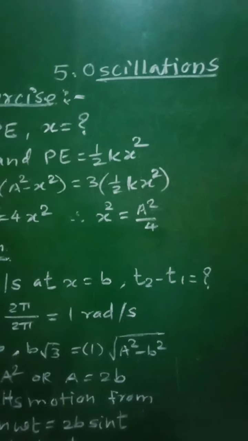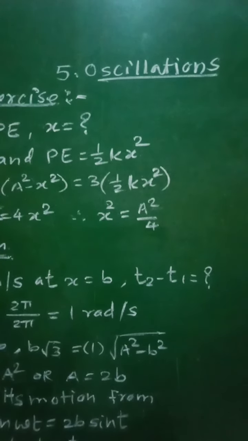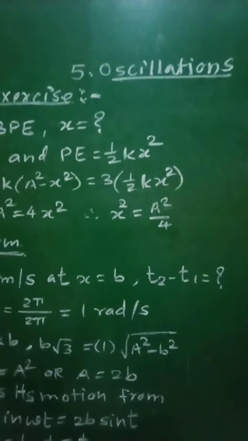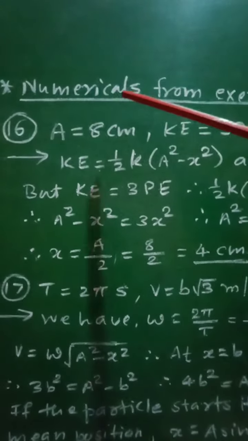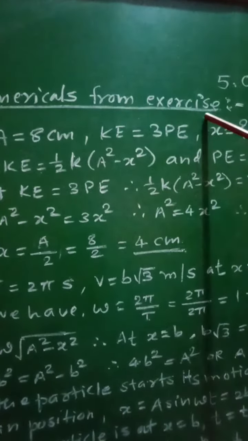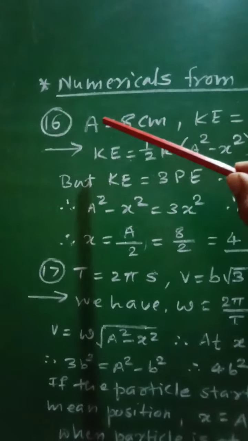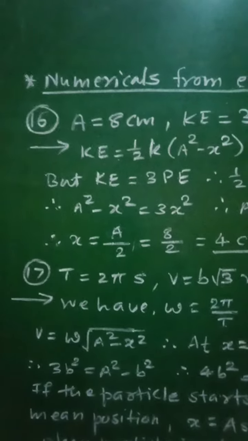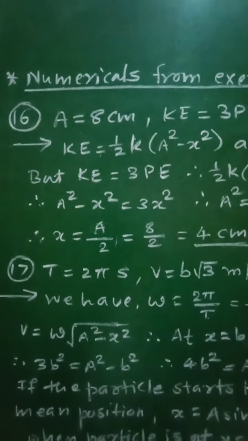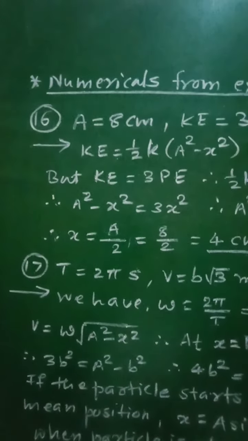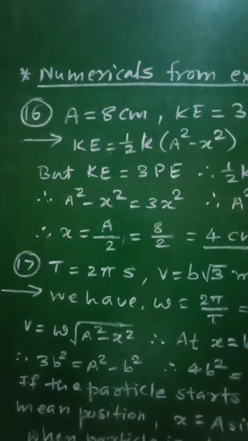Class 12th, subject physics, 5th chapter, oscillations. From the chapter, let us see numericals from the exercise. Let us see numerical number 16, which is given as: at what distance from the mean position